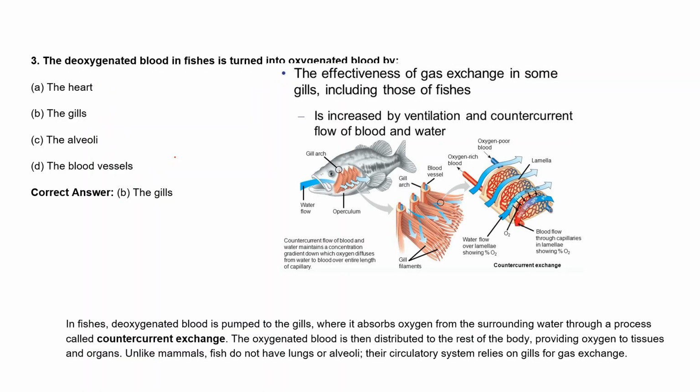Gills. So in case of fishes, they don't have this kind of heart system. They have gills, in fish that is under Pisces. We can see that this is the fish, and here gills are present, which help to convert the deoxygenated blood into oxygenated blood. This gaseous exchange happens through the gills only, and it is increased by the ventilation and the counter current flow of the blood. So how does this happen, how does deoxygenated blood convert into oxygenated blood?